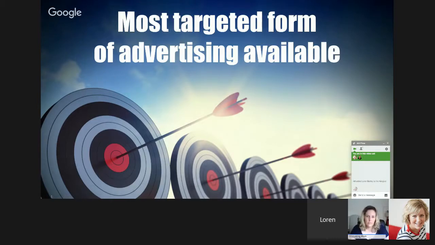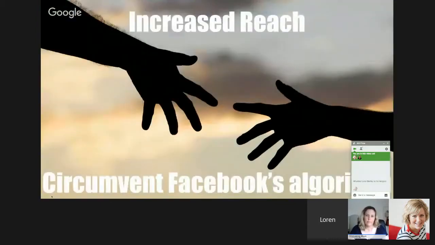The amount of data that we give to Facebook that can then be used for businesses to advertise back into, knowing what we know, knowing our interests, our behaviours, all that type of stuff is just gold to us as marketers for our business. So Facebook advertising is going to allow us to increase our reach, and it's going to allow us to an extent to circumnavigate Facebook's algorithm, because we can access our audience where they're hanging out and we can really highly target them.